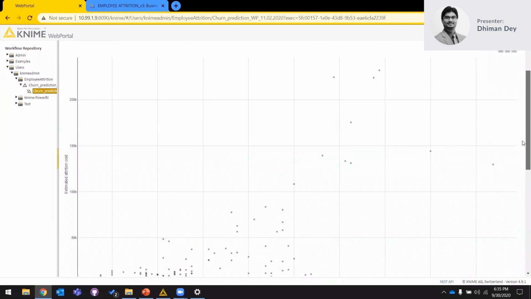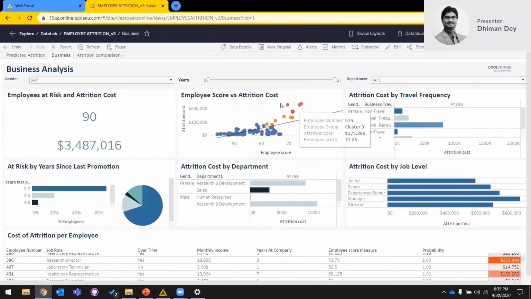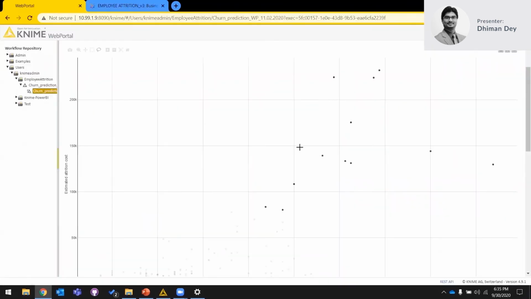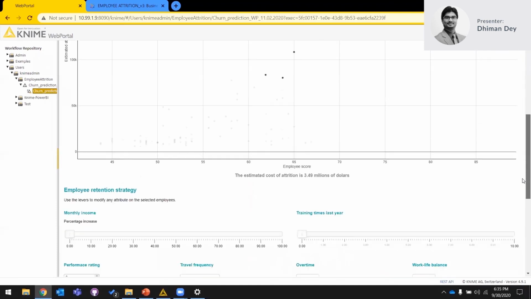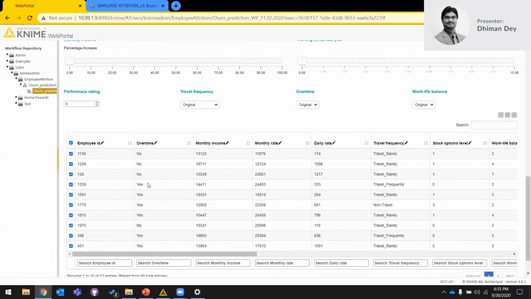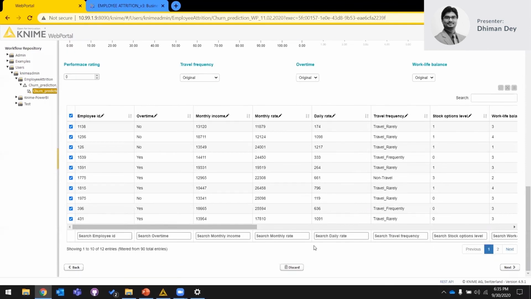So what we are going to do is select the people that we would like to understand. If we would like to retain these people, what would be the cost impact associated with them? So I'm going to quickly select this lasso tool and select the red and yellow clusters of people, the high value, high cost segments. The moment you select them, they are populated in the table below. So we have around 12 people added.